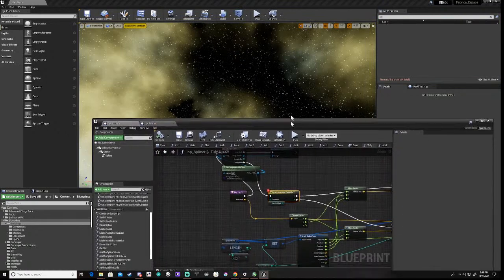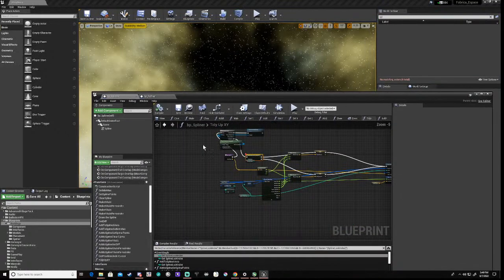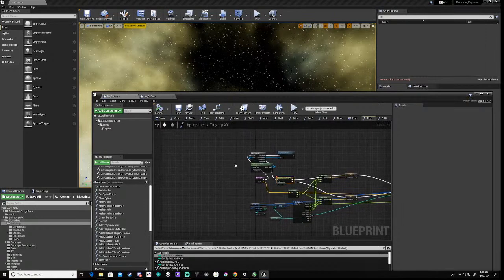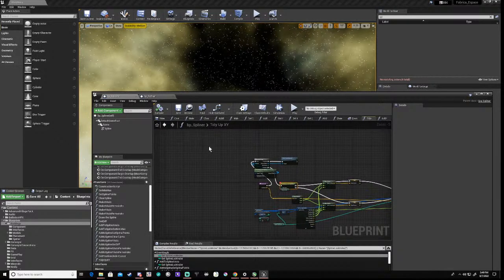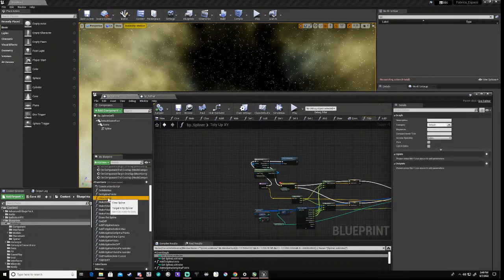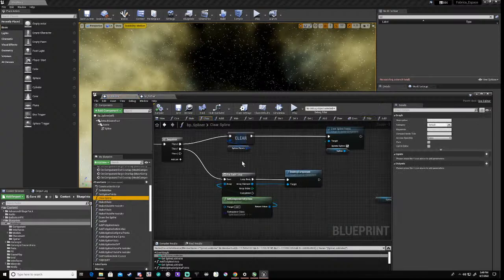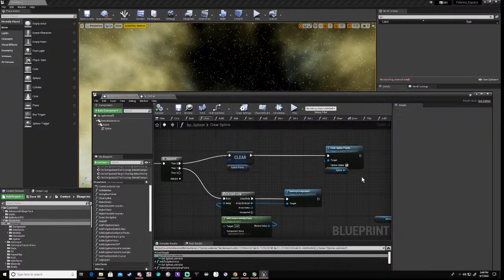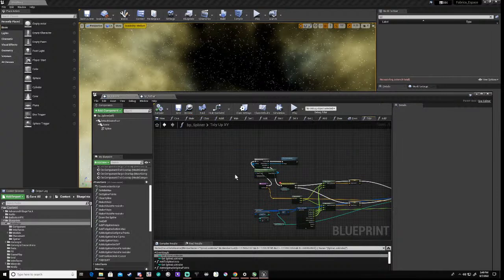It's just not doing it. Now, the point here is that if it's not clearing the spline, we can do this as well if we want. We can copy that and put this first. So in theory,